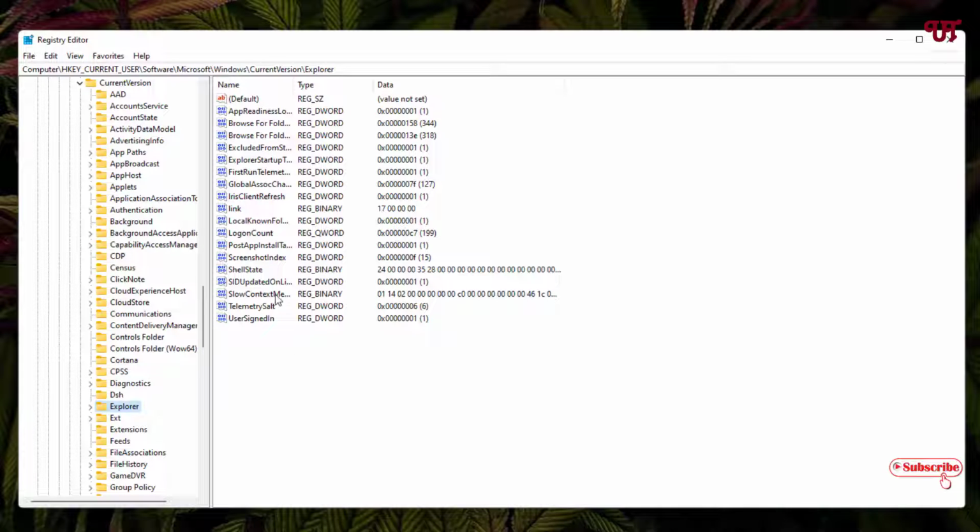On the right side, if you don't see a file named ShowDriveLettersFirst, so in my case I don't see any ShowDriveLettersFirst option here, right? If you don't see it, then what you need to do is right click and create a DWORD (32-bit) value and rename this as